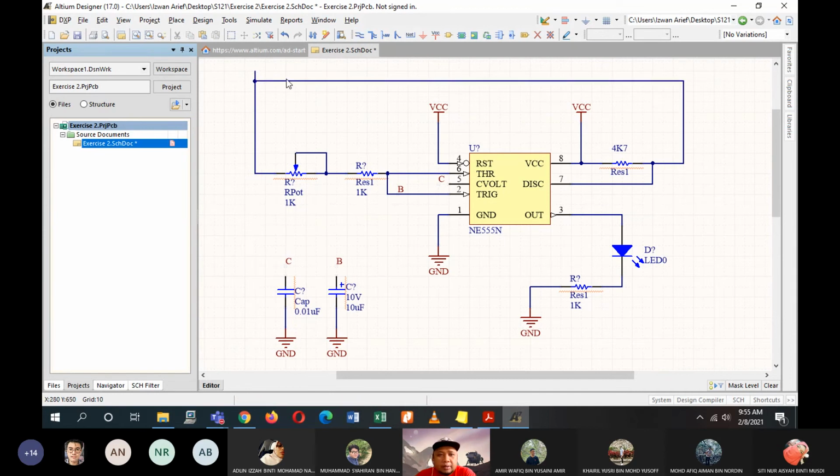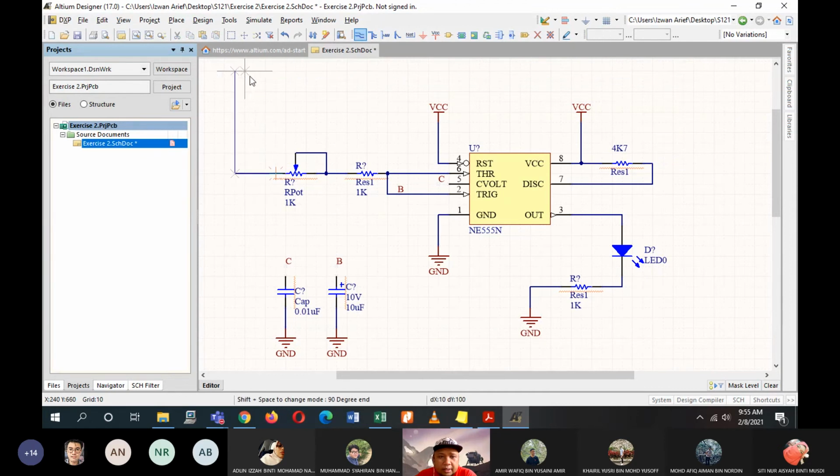Kenapa ni? Supposedly there is another connection like this. But if you did it like this, then it is okay. No problem, and there is nothing wrong with it.